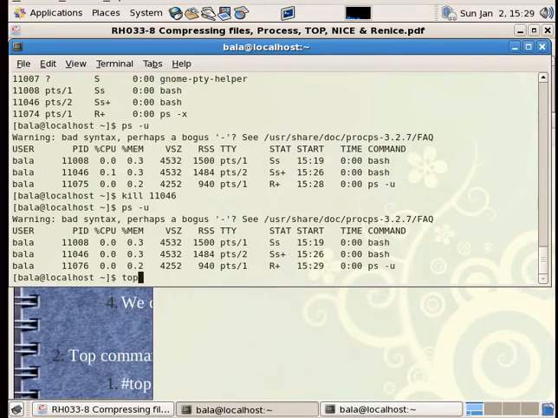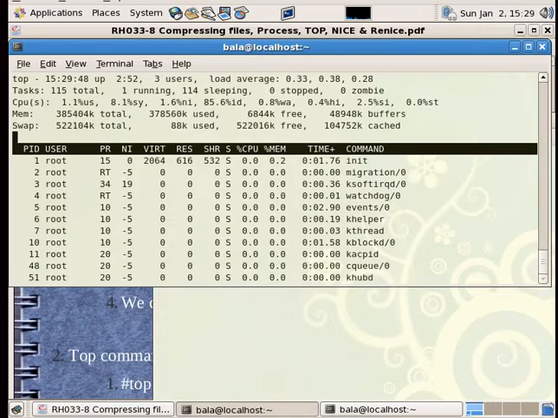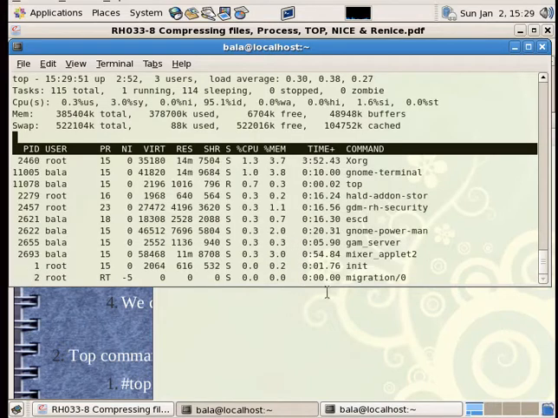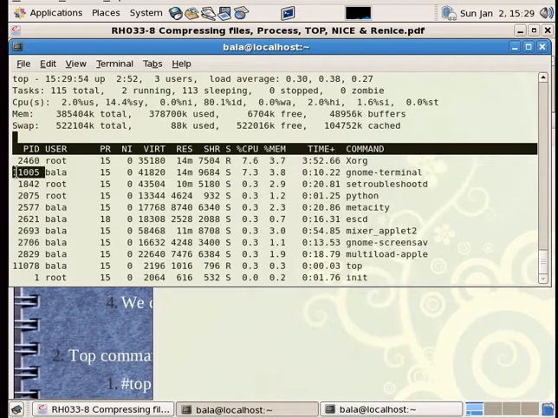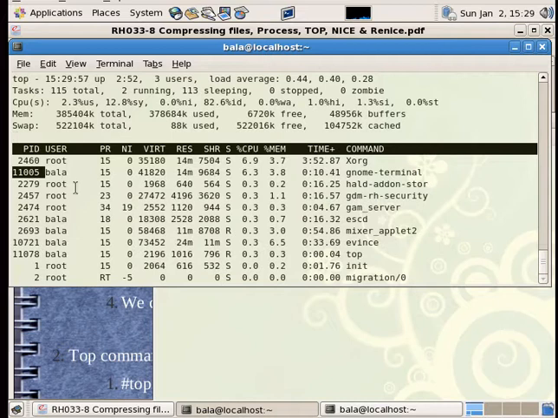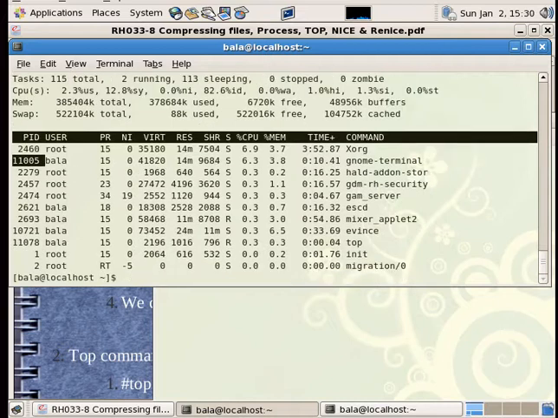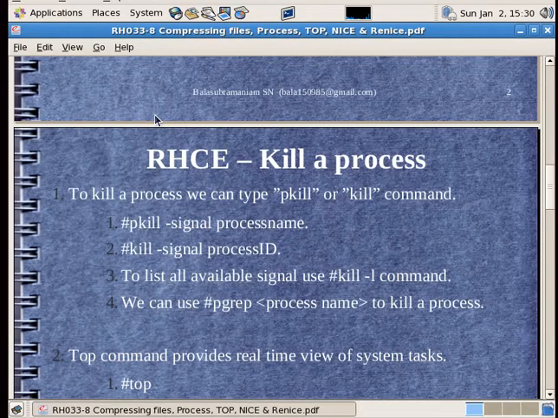I can find that in the top command. Alright, I need to find something called gnome terminal. That's the one. What's the process ID? It's 11005, right? Okay, I have to kill 11005, and there are lots of chances that I may be killing my own terminal here. Gone. So all the gnome terminals have disappeared. So that is for killing.